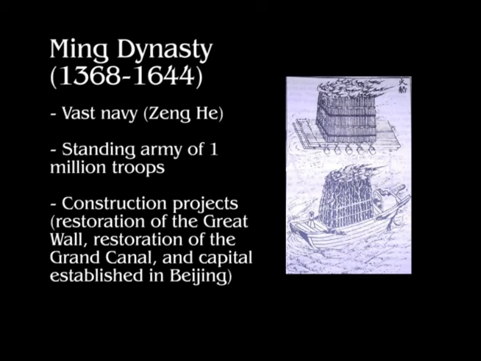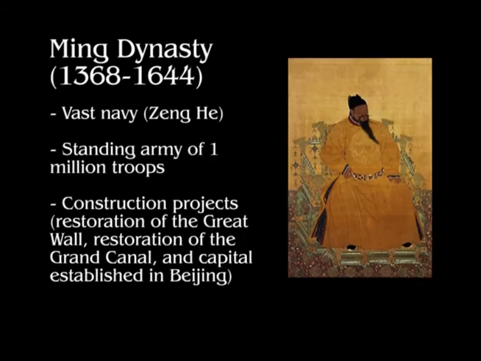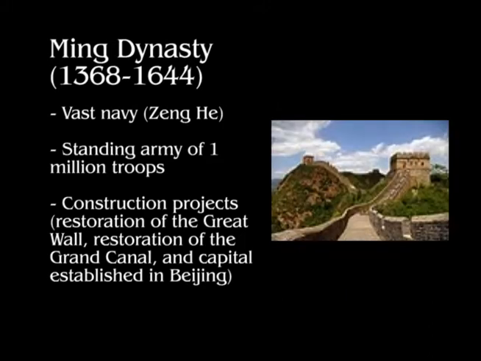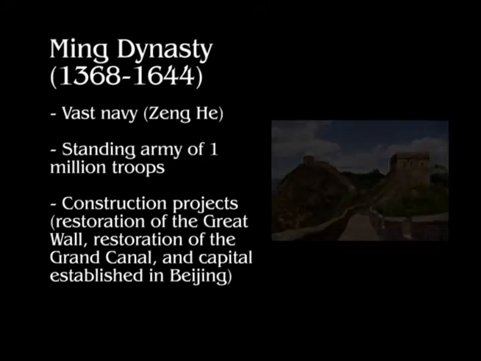So the Ming Dynasty lasted from 1368 to 1644, and Ming translates to brightness, and it's surprisingly reminiscent of the Renaissance and the rebirth. This was a great period for innovation in Chinese art. The Ming emperors rebuilt the infrastructure of China, so they had those construction projects. They rebuilt the Great Wall, which under the Ming emperors reached nearly 4,000 miles in total. They restored the Grand Canal system, which promoted internal trade in China, and they built a new capital in Beijing.